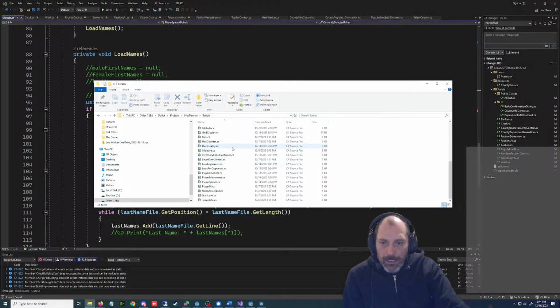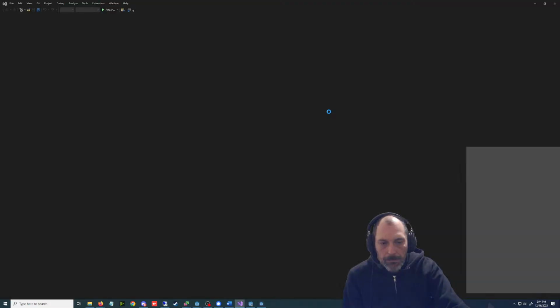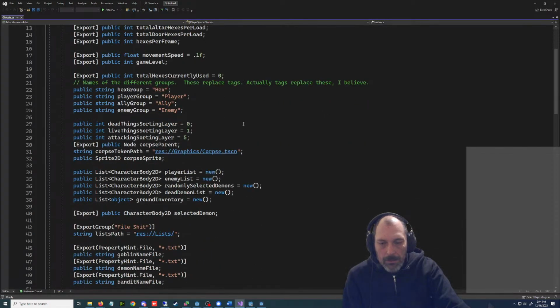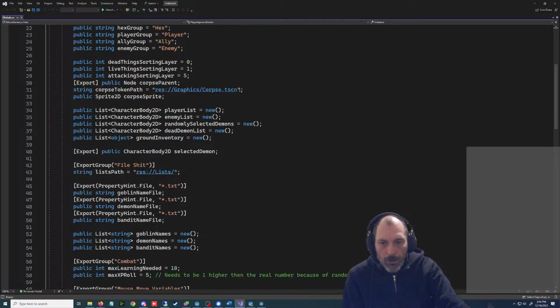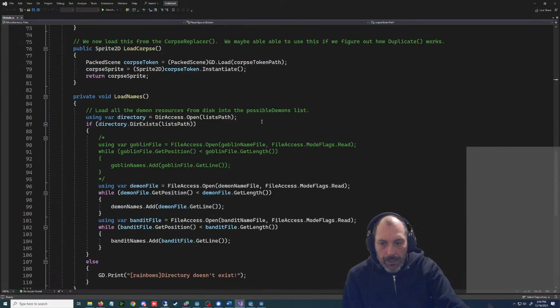Where did I put that in Hex Daemon? Is it also in my global script? The corpse doesn't, this is res, so I'm loading that corpse differently. Here's my load names here.